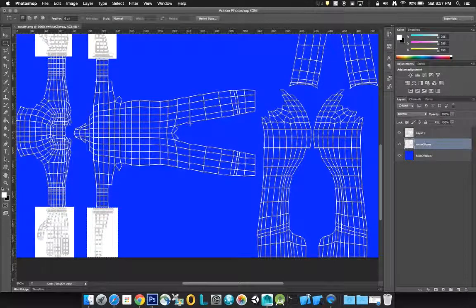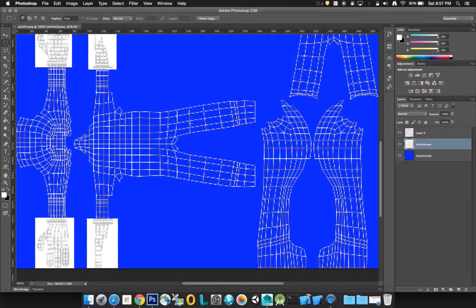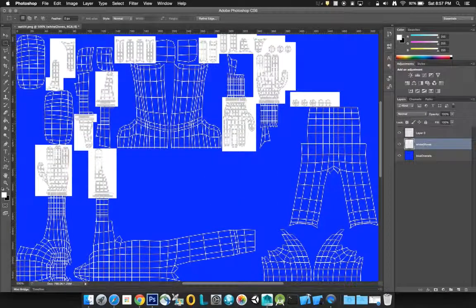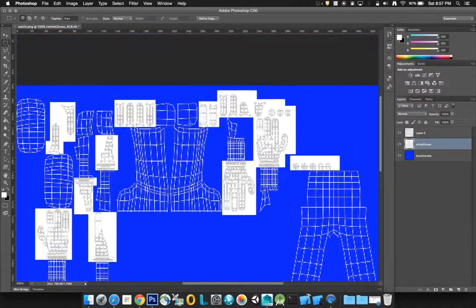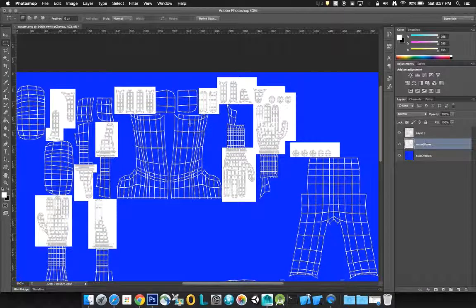Okay, we've got that done. Looks like perhaps we've covered all of our hands. And so if we were to apply this right now, we would have just a lot of white gloves and blue everything else. All right, I'm going to click here, give us a new